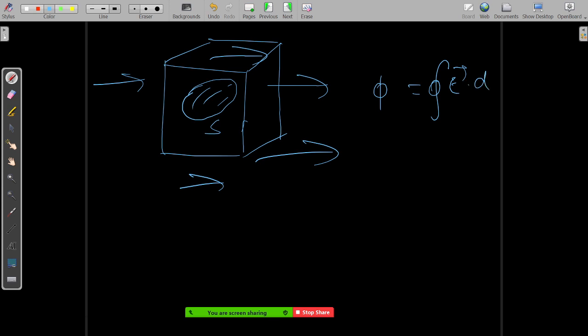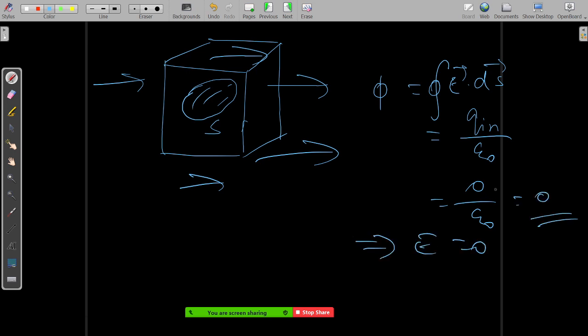what you have to do is E dot ds. What we know is this E dot ds is equal to Q internal by epsilon naught, and this is equal to zero. How is it? This implies that E is equal to zero. So Q internal is equal to zero because there is no